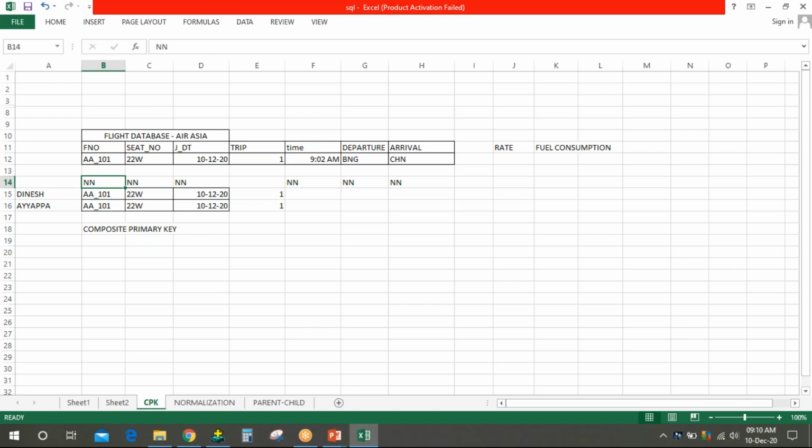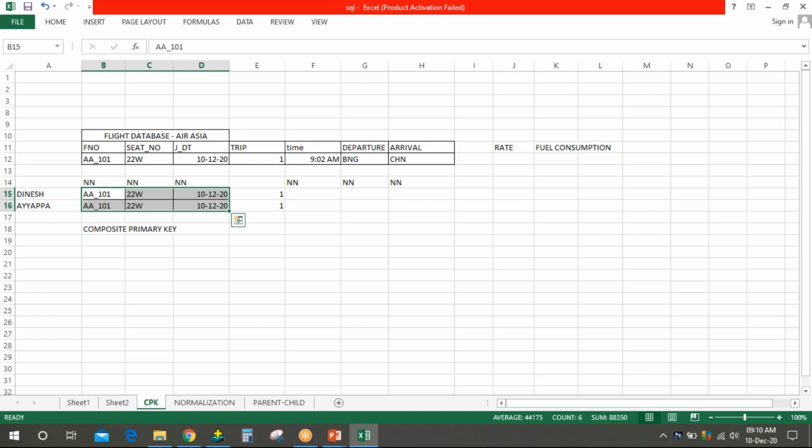Did you understand what the challenge will be if everything is not here? The same date, all three together, can be copied, so two tickets can be printed with the same data. Are you getting my point?